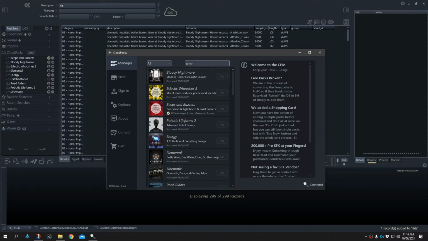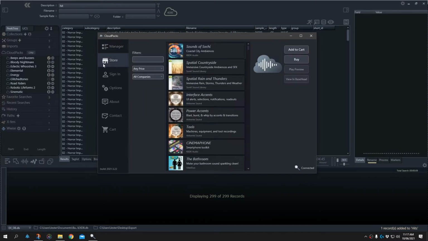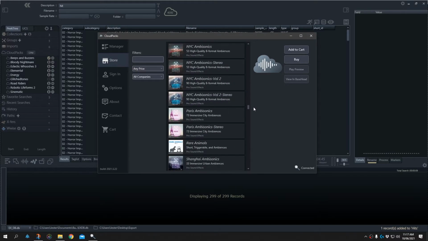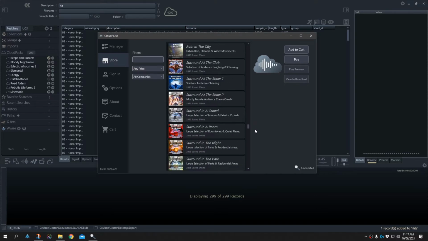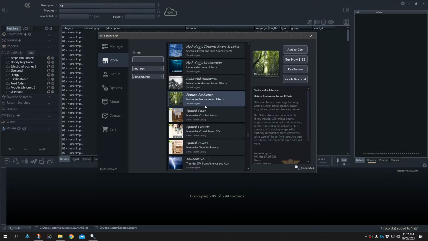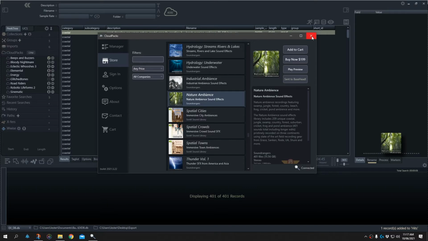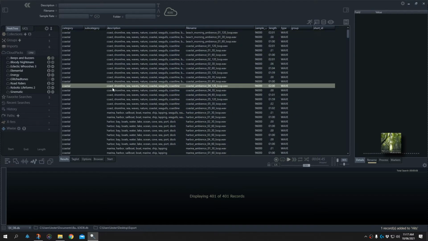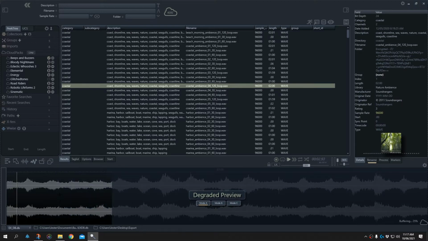So without going into it, there is a full video on CloudPacks, but directly from within BaseHead, we have access to this commercial CloudPack store, where if we go to the store, for instance, there are a huge number of commercial CloudPacks covering almost every sound imaginable. We can click any of these CloudPacks, view the entire collection within BaseHead and even preview these sounds by just clicking on them, and then we get a preview that loads up,